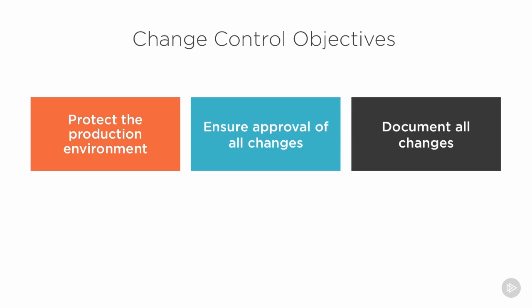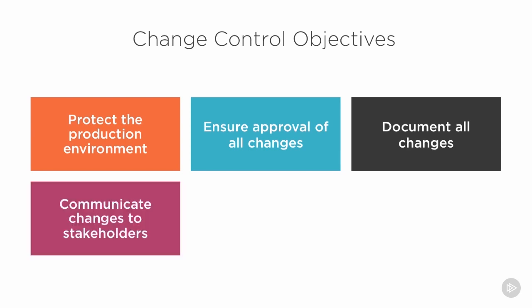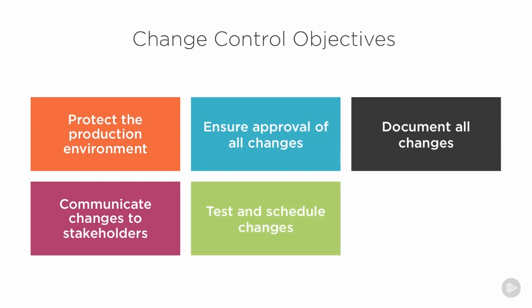The purpose of a change control process is to ensure that all changes have been documented and that we can communicate effectively to all of the stakeholders. If I'm going to make a change to a system, we want to make sure the users are aware of it. We also want to make sure that the IT operations department is aware of it so they know where this new system we've never heard of is coming from. And then, of course, make sure that changes have been tested and scheduled at a time to minimize the impact